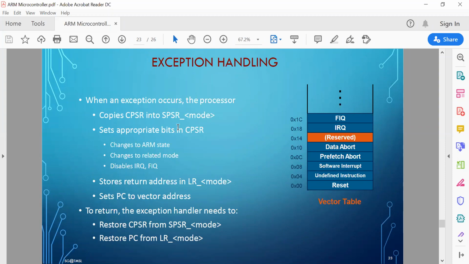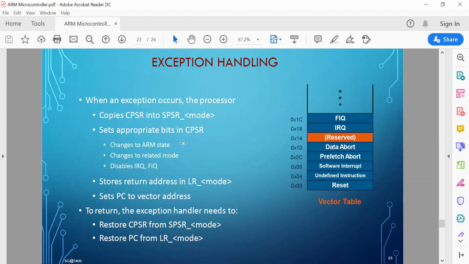Whenever any exception occurs, the CPSR will be copied into the corresponding SPSR. Even though there are 5 SPSRs, depending on the type of exception, CPSR will be copied to the corresponding SPSR. And the corresponding bits of the CPSR will be set depending on which mode you are in. During interrupt processing, the interrupt bits will be disabled, because if they are enabled, then another interrupt may come in between.